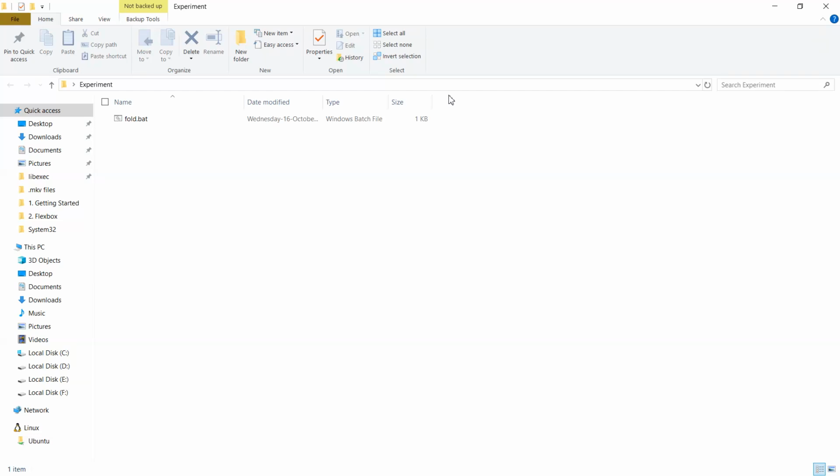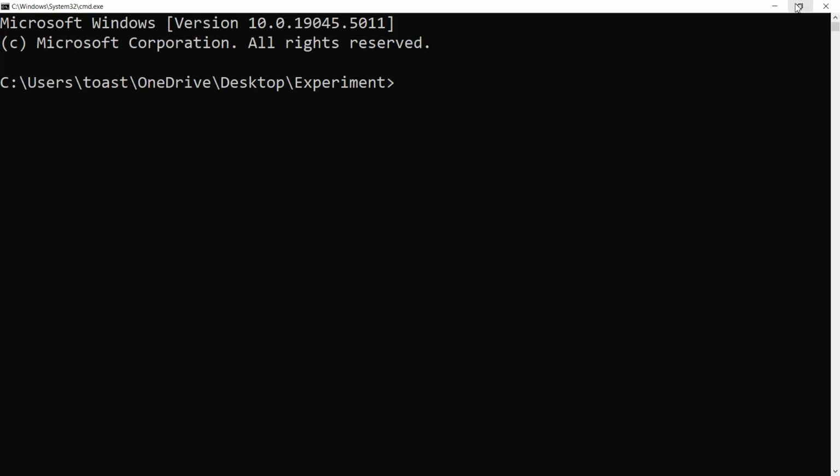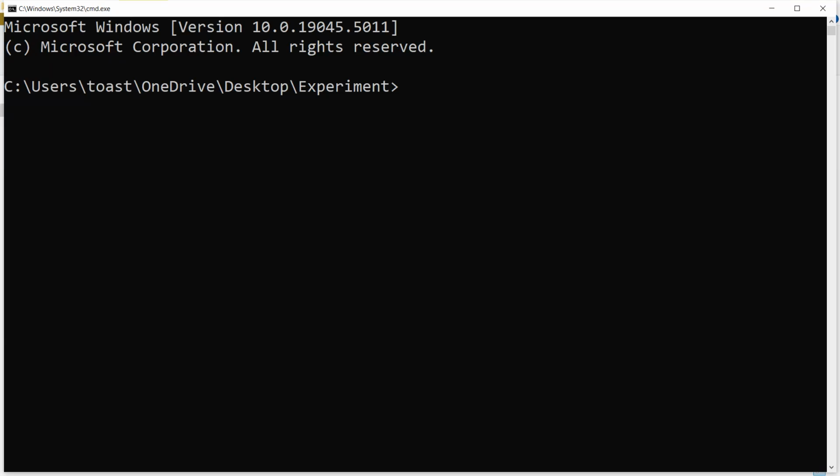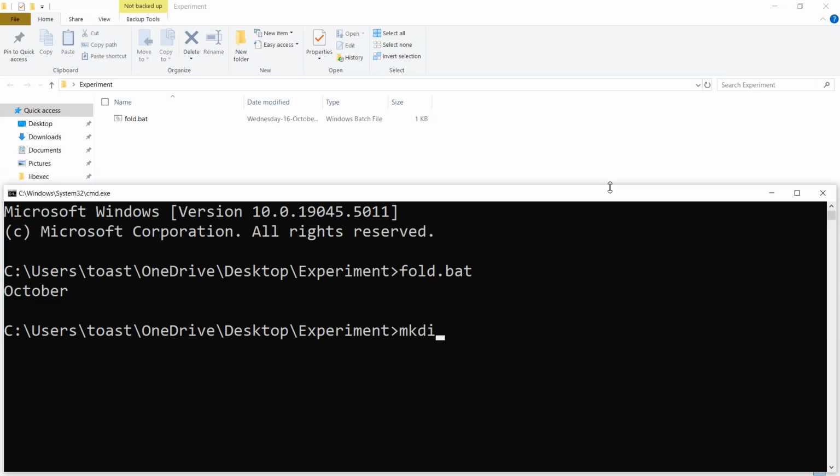Now what I'll be doing is that I need to see what it is printing. So I'll be writing cmd to open up the DOS prompt, and in this DOS prompt I'll be executing this particular batch file. So fold.bat is printing October. Now we all know that to make a directory we use mkdir, maybe the directory name is something like